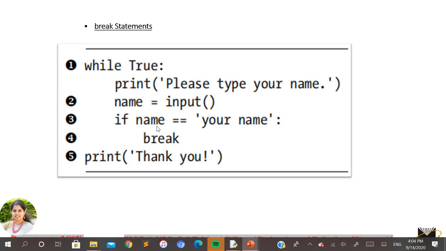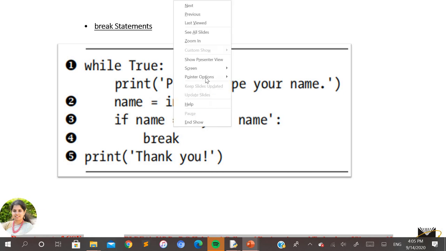It is going to break the loop itself, come out of the while loop, and continue with the next statement outside the while loop. So remember, whenever you use the break statement inside a loop, it breaks that loop and execution begins with the next statement outside the while loop. Let me see whether I have written this code example in the IDLE or not.